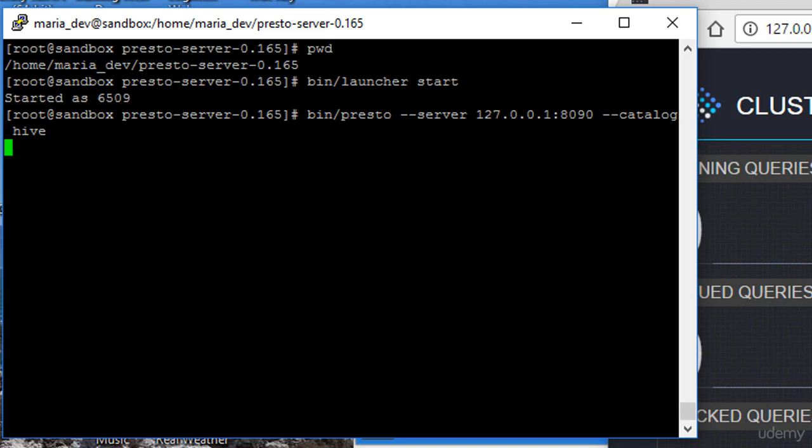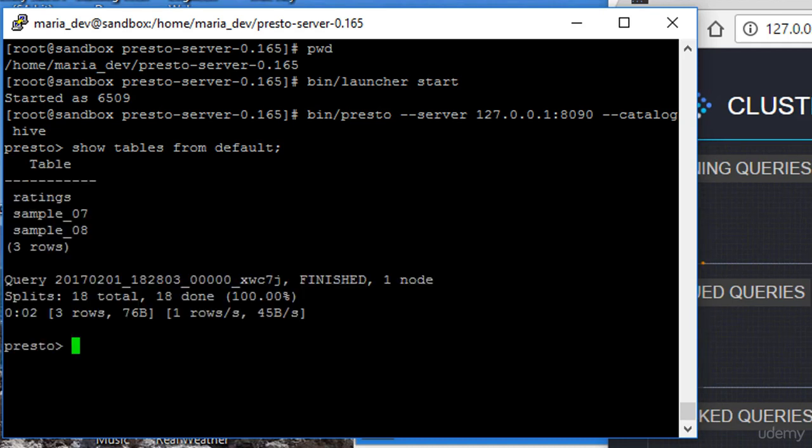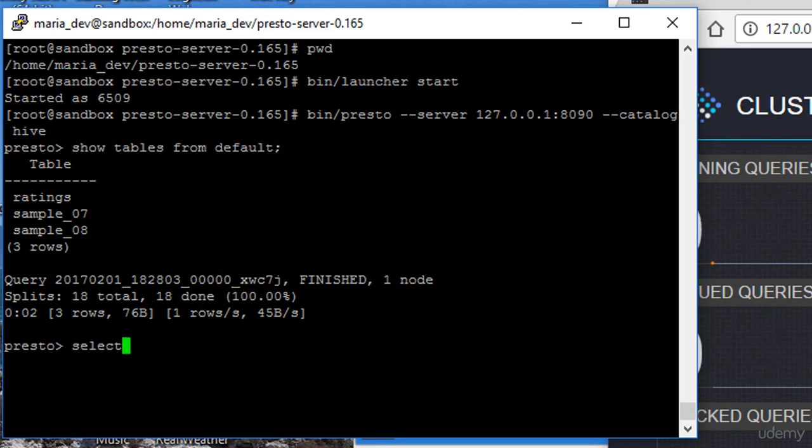All right, here we have a Presto prompt, so let's see what we got. Just to see what we're working with, we can say, for example, show tables from default. Default being the key space or user space that our ratings table lives within in Hive. And sure enough, there's our ratings table. So let's take a look at what's in there. Select * from default.ratings